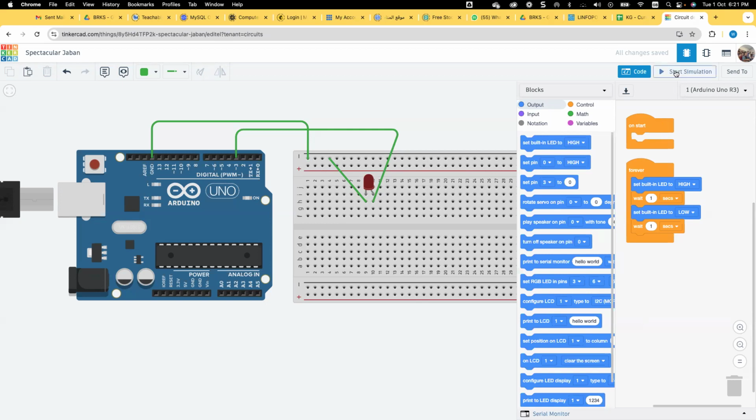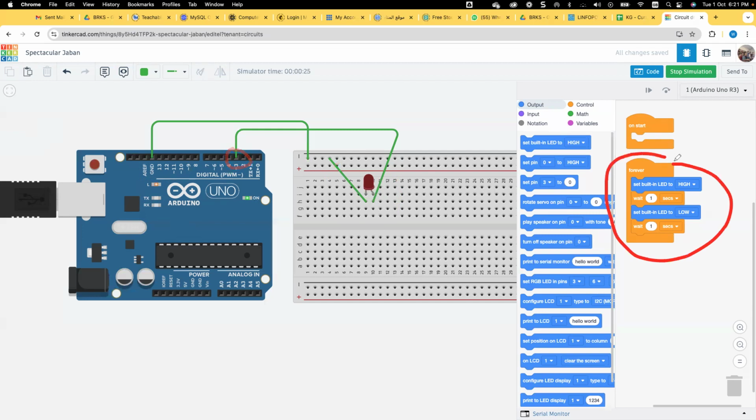If I click on Start Simulation, I can see that the simulation started, and I have a small LED blinking with a delay of 1 second. But this LED is not blinking because it's connected to pin 3, and in the program, it does not exist.